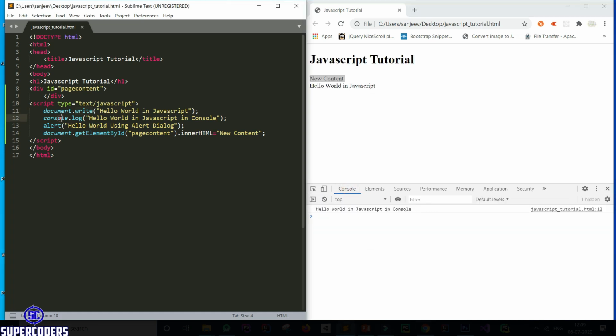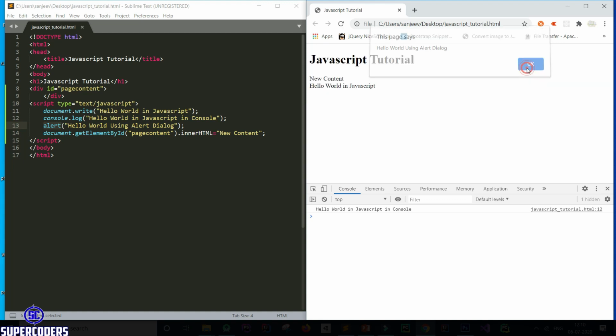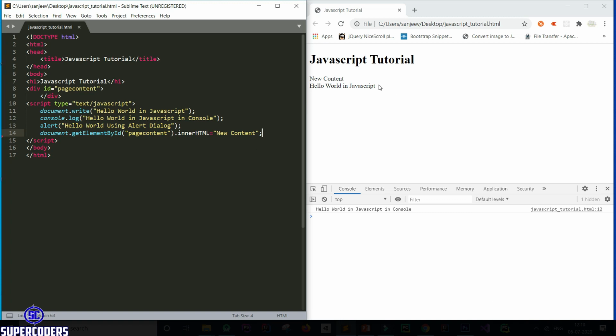Then come to this console.log. So console.log is used for printing messages in our console. This is our console and everything will be printed here. Generally we use console for logging our debug messages or some variable values in debugging. Then come to alert. So alert will show a pop-up message. Alert is used for showing an alert dialog in our page. So this is our simple output in JavaScript using this fourth method. You can print anything in our web page.